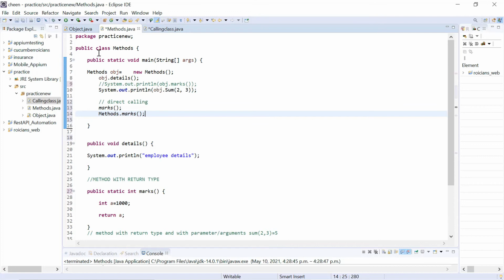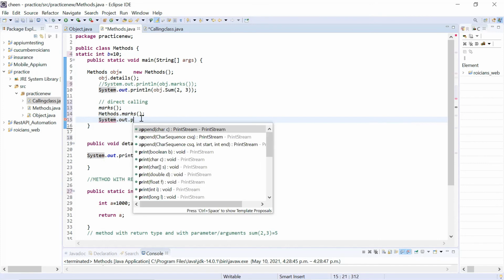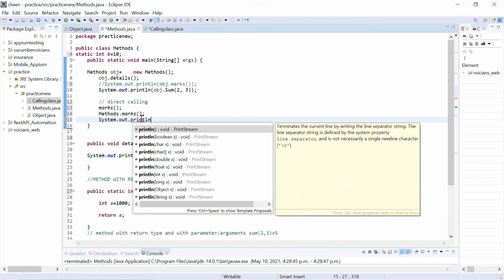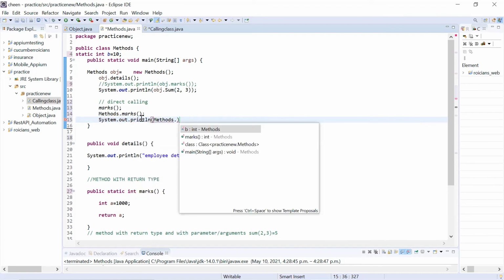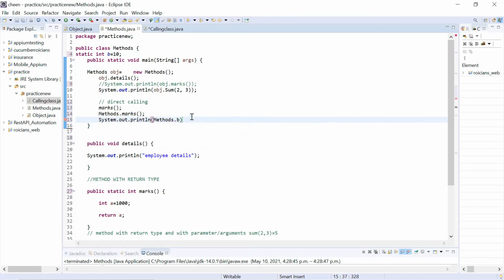I'm going to show you static variable too. So let's say here, you can simply write static, data type of variable. Let's say B, name of the variable, assign ten. Now, if you want to call this variable, you can simply write system.out.println, name of the class, dot B, semicolon.